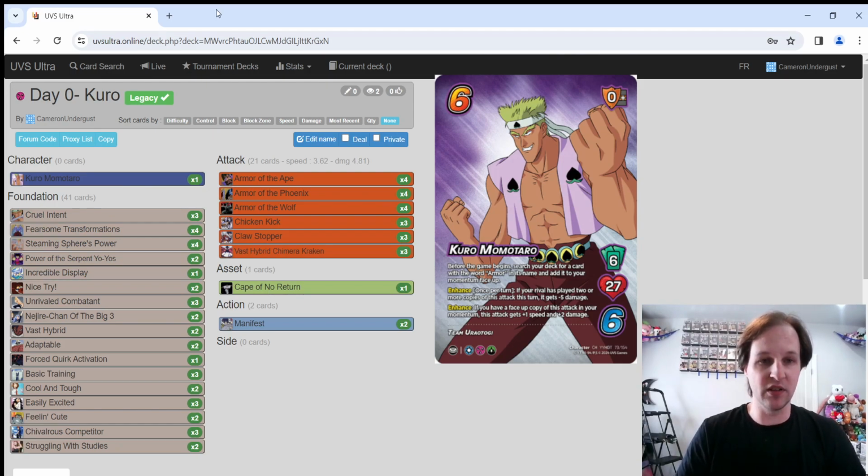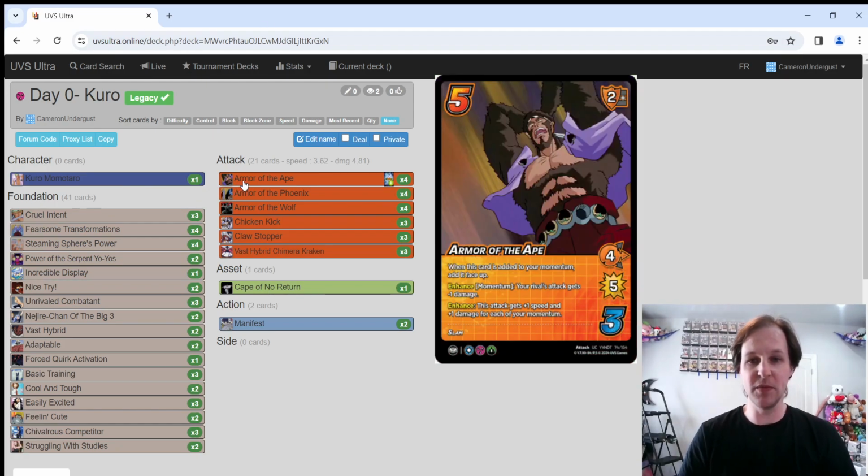So speaking of our armor cards, we start with Armor of the Ape. A 5 difficulty, 3 control, 4 mid for 5 with a +2 mid block. It has the Slam keyword, which I believe all of his attacks do, so more Chaos Slam support for the likes of Mirio and Selkie. And it says, as a static, if this card is added to your momentum, it's added face